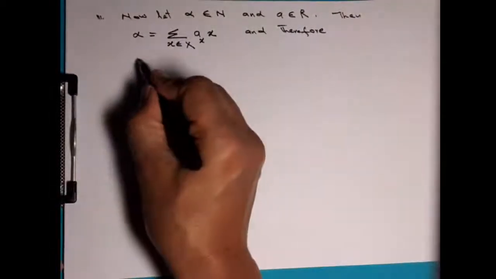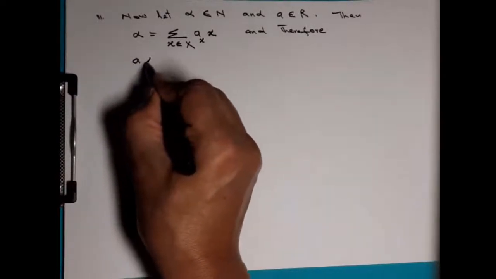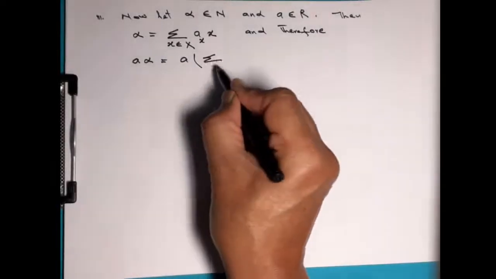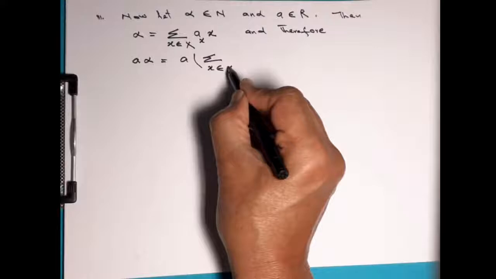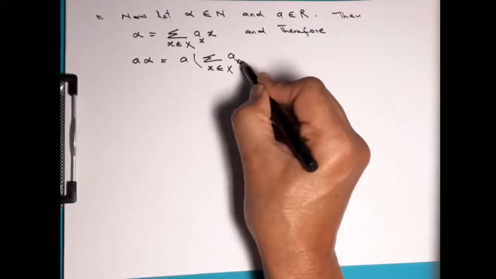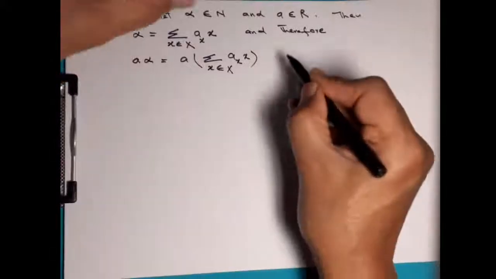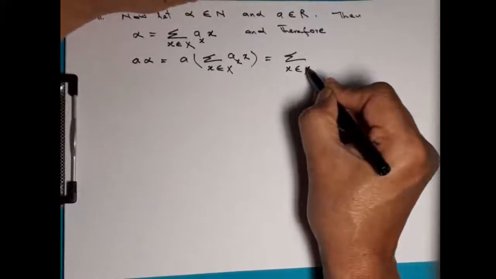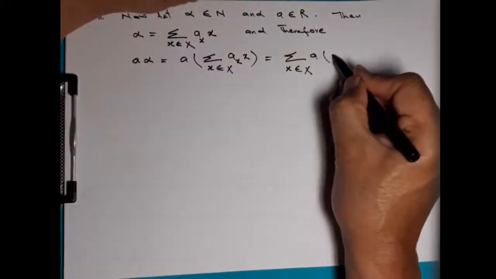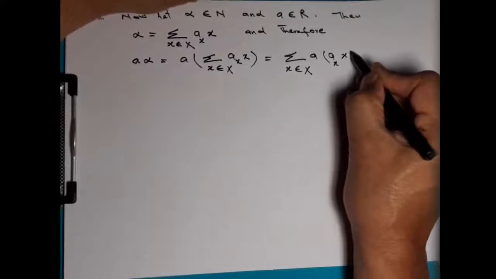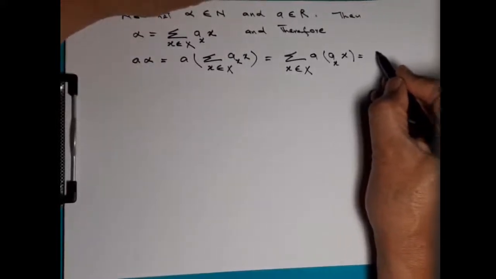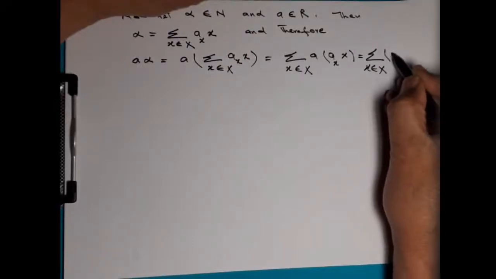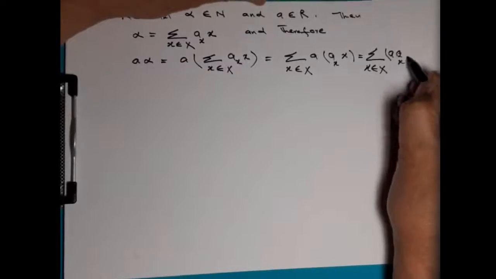if we multiply alpha with a from the left hand side, a alpha is equal to a multiplied with this linear combination, sigma x belonging to X, a_x x, and this is equal to sigma x belonging to X, a into a_x, x, and this is equal to sigma x belonging to X, a into a_x, x,